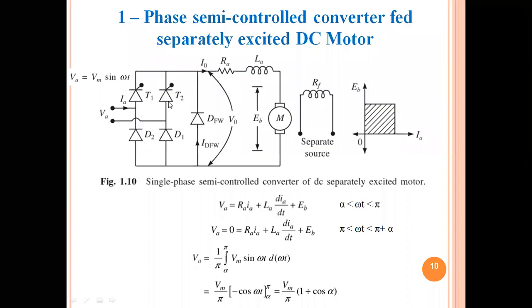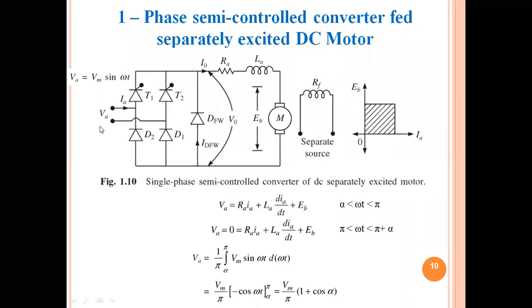And at the input side, you can observe this is a semi-controlled converter. In the previous video, I explained the difference between half wave, half controlled or semi-controlled and fully controlled. So this is a semi-controlled converter. Only two thyristors are there for this bridge circuit, remaining two are diodes. So half of this bridge is controlled with the help of power electronic converter. That is the reason why this is called a half controlled converter or semi-controlled converter.